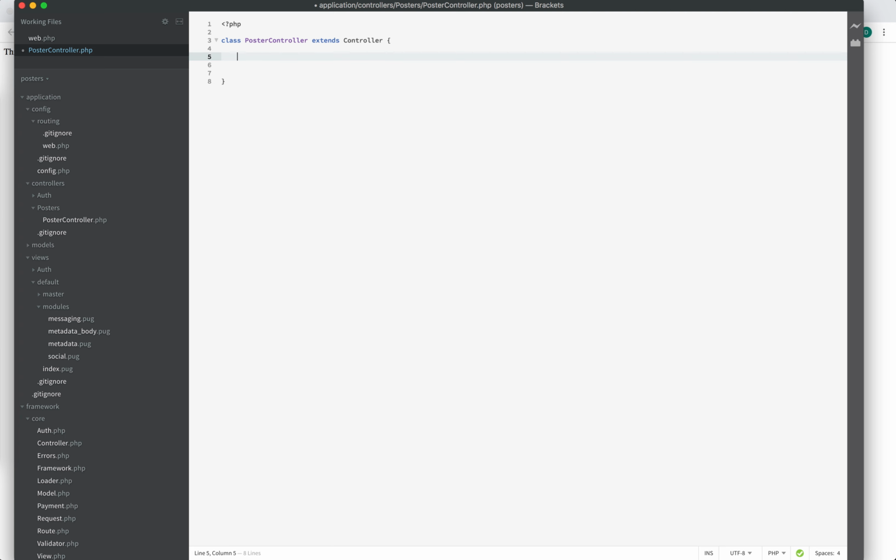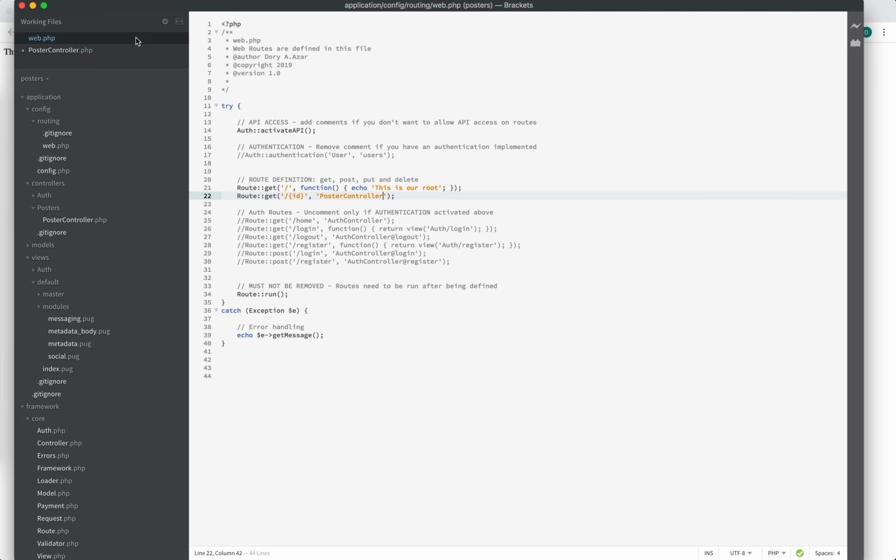Now, within this controller, every piece of logic needs to be scoped within a function of that controller. Now, from the route, if I go back to the route, we have not defined any action or any function or any method that is to be called from within this controller. Why is that? At some point, I'm going to show you how we can target specific actions and methods from the PosterController class. But there is always an implied one